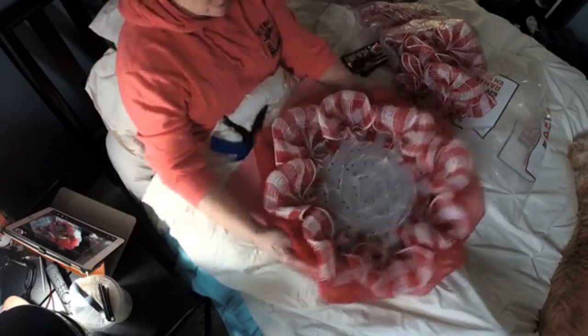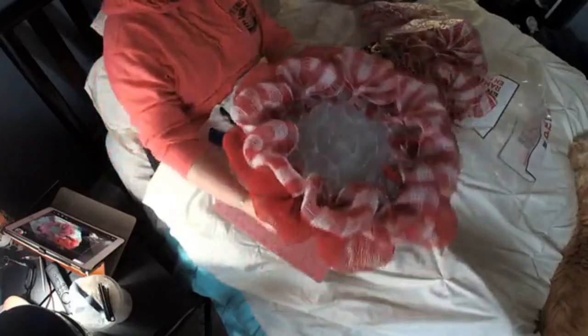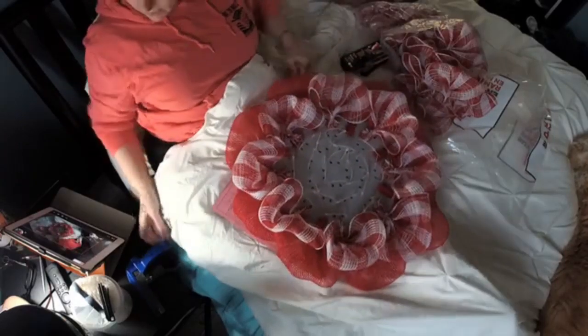All right, so that's what we got so far. Cute, right? Now you can do the whole wreath in the same color if you want. Now the rest of it, I'm just going to be doing,